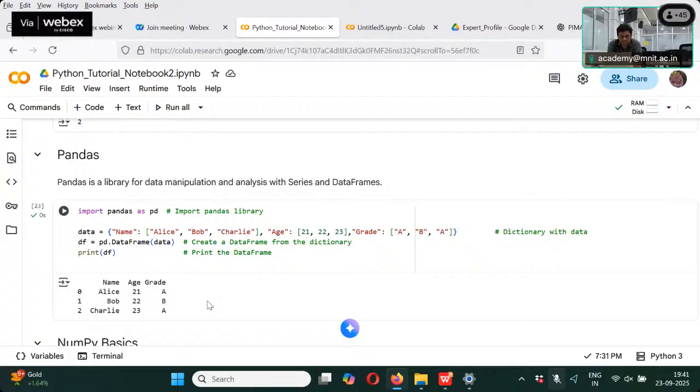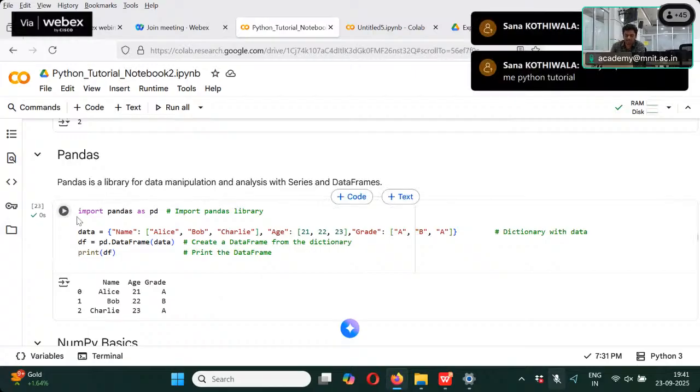Name, again it is a dictionary. Along with the name, what am I printing? Now there are more members. Along with the name there are three members: Elias, Bob, Charlie, then age 21, 22, 23, and grade A, B, A. And when I just print this df,